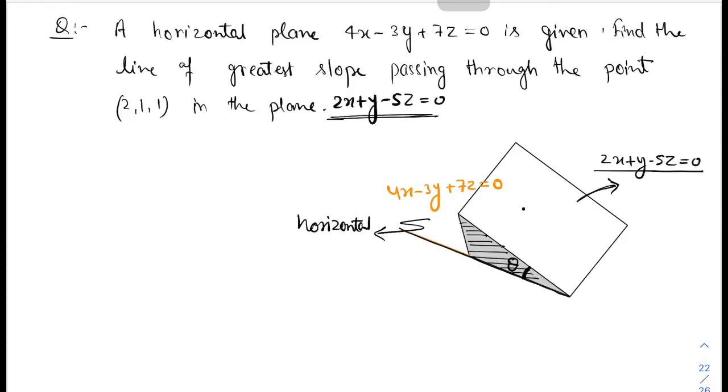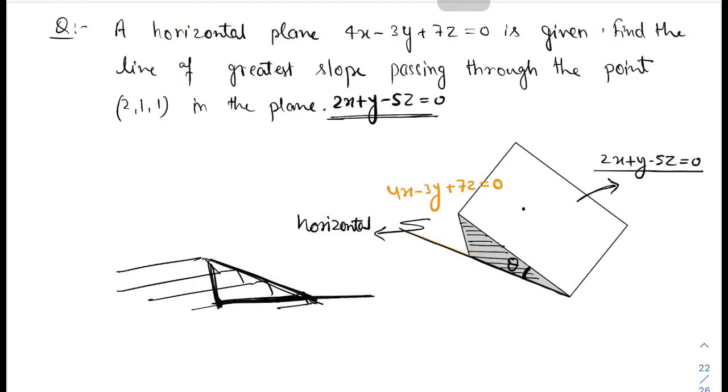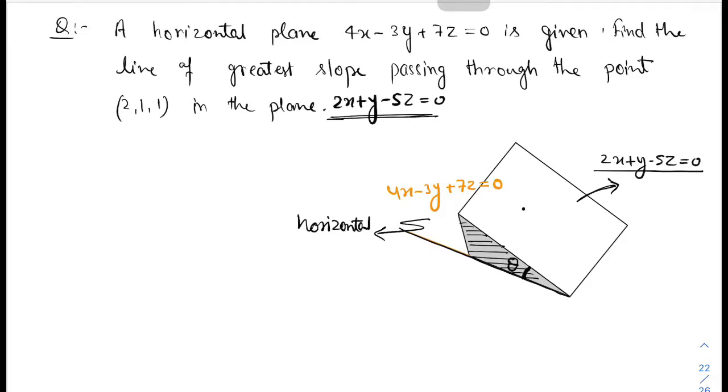Okay, आपके घरों में वो वेज होता है ना, या ऐसे कुछ जैसे घर के आगे ऐसे स्टेयर्स बने होते हैं, ठीक है, तो आगे हम लोग ऐसा एक स्लोप बनाते हैं ना, तो उसको ऐसा समझिए कि ये हमारा हॉरिजॉन्टल है, ये हॉरिजॉन्टल है, और ये वाला हमारा ये ऊपर वाला प्लेन है जो 2x प्लस y माइनस 5z वाला, ठीक है। अब ये हमारा जो लाइन है जिसकी इक्वेशन हमको लिखनी है उसका स्लोप ग्रेटेस्ट होना चाहिए।